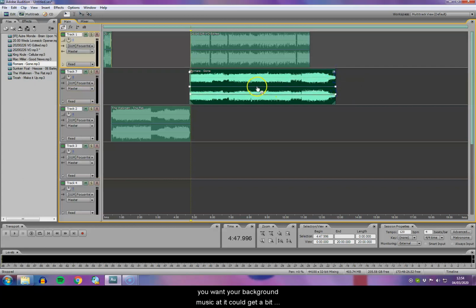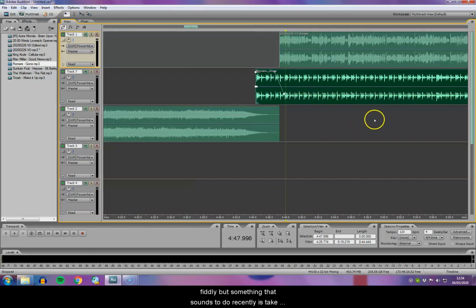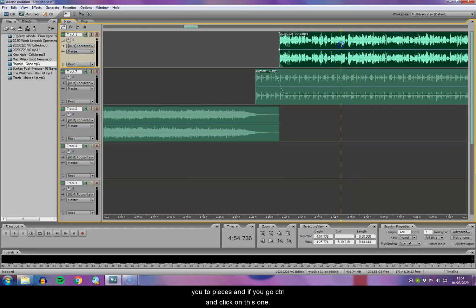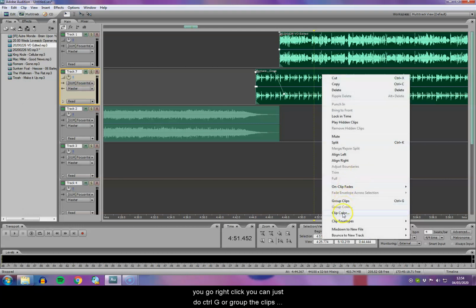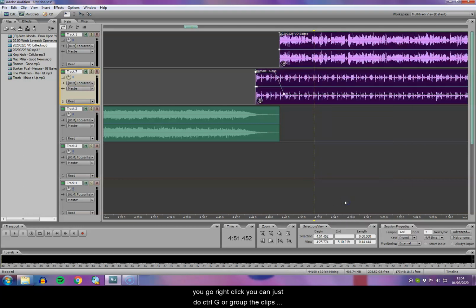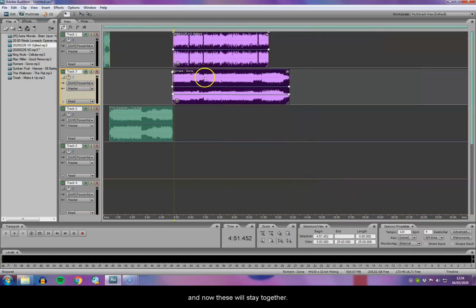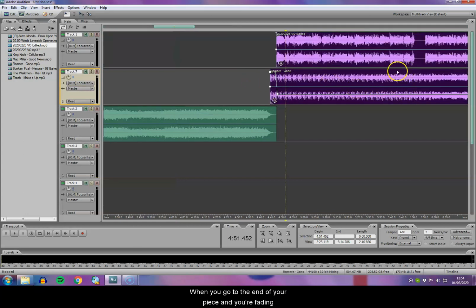It could get a bit fiddly, but something that I found to do recently is take your two pieces, and if you Control-click on this one, go back into Multitrack, Control-click on this one, and Control-click on that one, then right click, you can just do Control G or group the clips, and now these will stay together for as long as you're moving them around. But better still, when you go to the end of your piece and you're fading out,